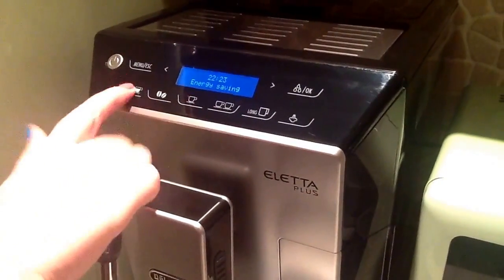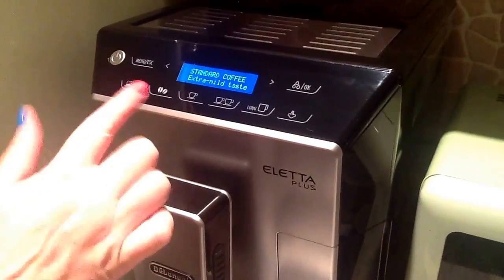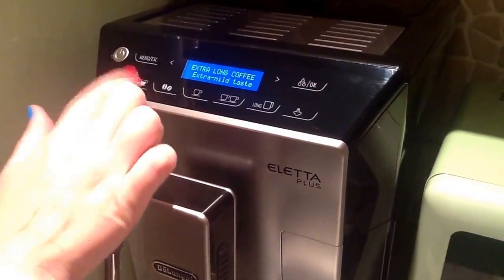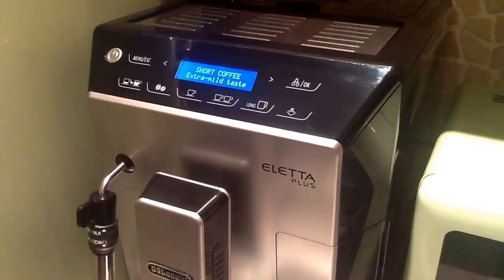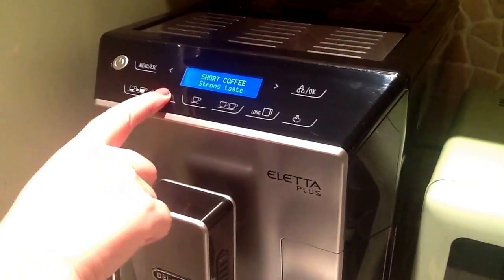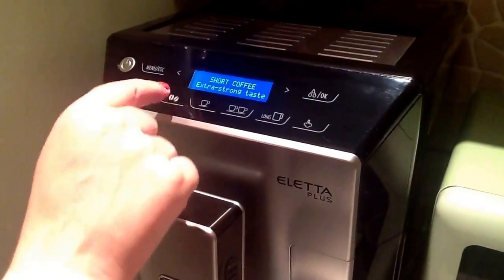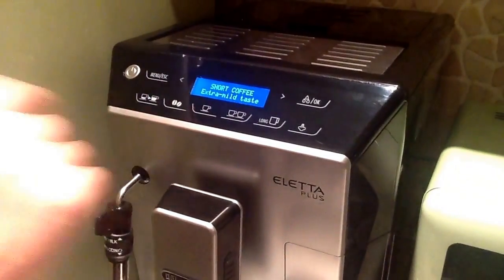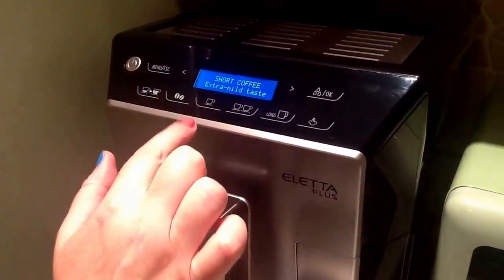It's on energy saving. As I flick through, you've got short coffee, espresso, standard coffee, long coffee, and extra long coffee. You can also set the long coffee to be what size you want it to be, and just for the purposes of demonstration, I'll just pick a short coffee. We can then set which taste of coffee you want, so it just goes through strong taste, extra strong, one for the mornings, pre-ground, again, like I said, you can pop your pre-ground coffee in there, or extra mild, so depending on your taste. So if I just do an extra mild short coffee,